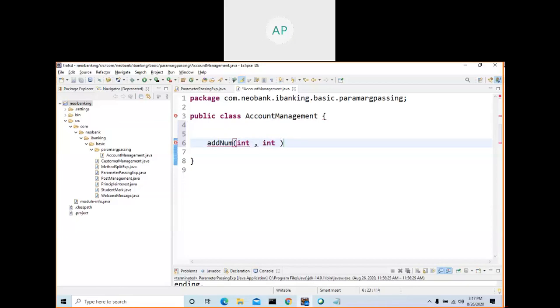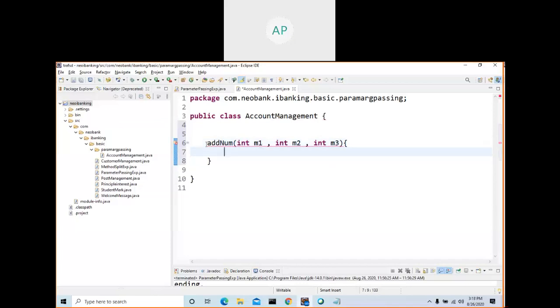So int is the data type, and m1, mark 1, mark 2, and mark 3. We created a method with three arguments.